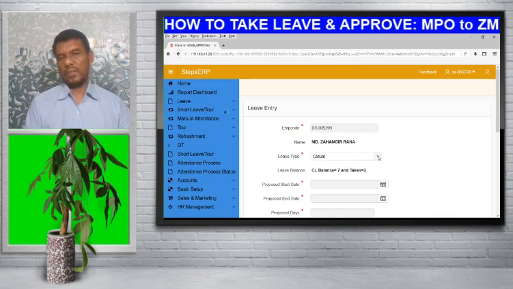What type of leave you want to apply, you can see here. By pressing the right drop down menu, you can see the options of your leave, that is casual leave, sick leave, earned leave, leave without payment and leave encashment.